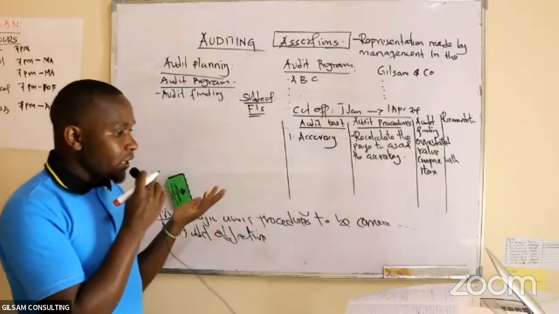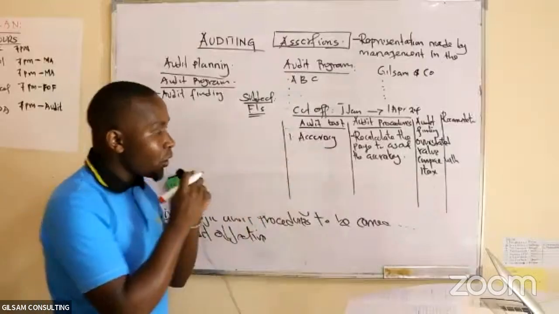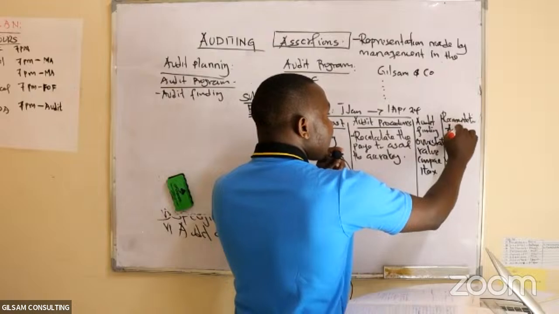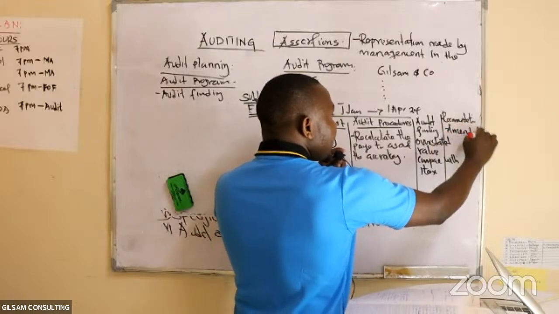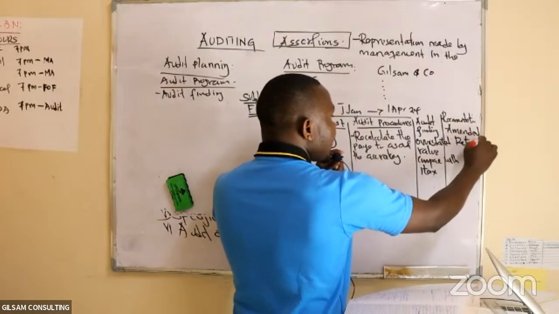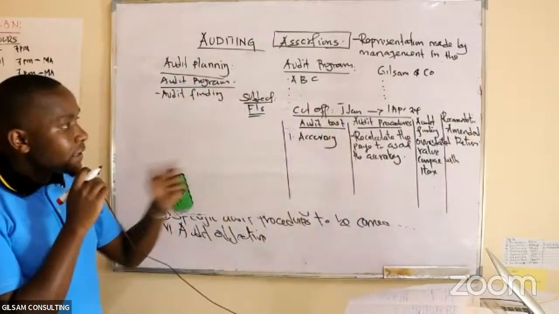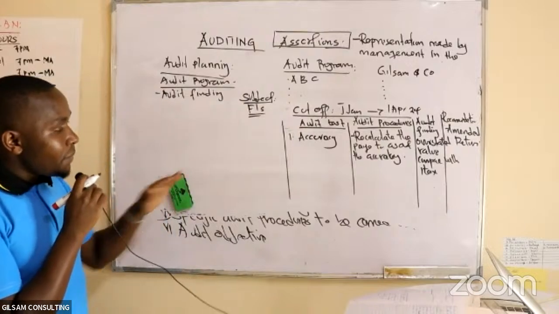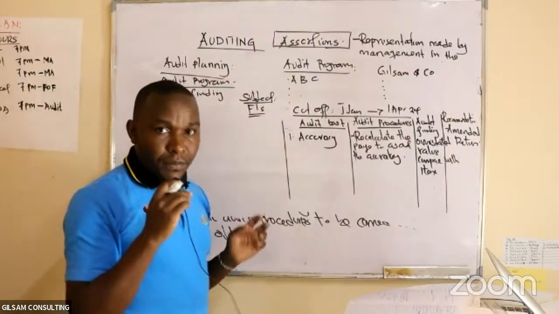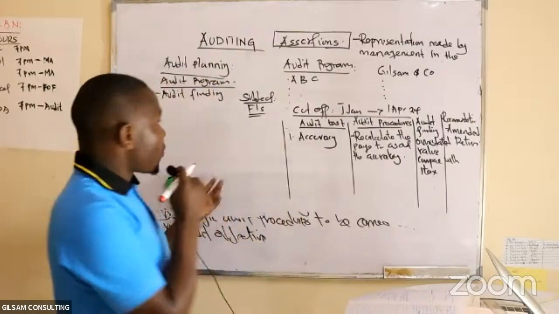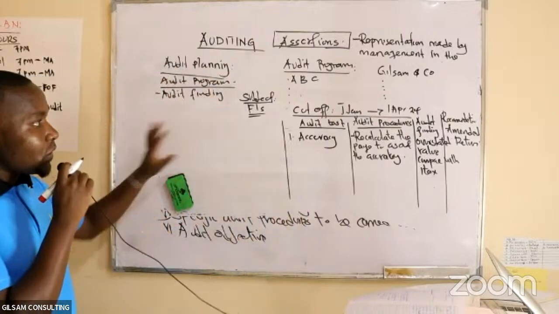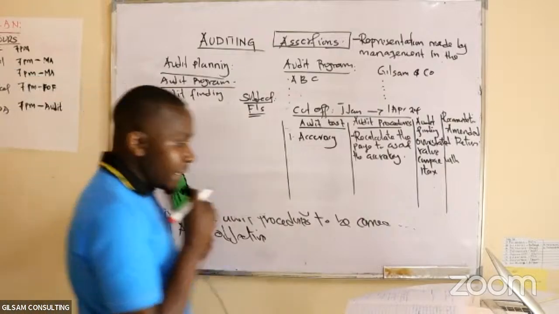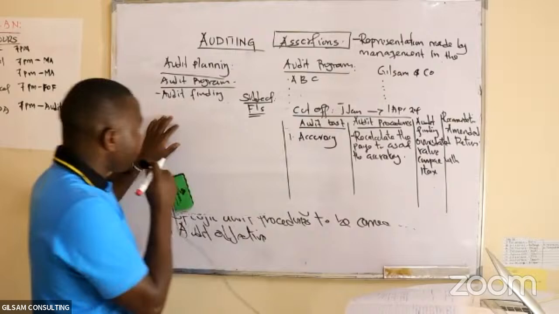And then recommendation. What do you recommend? So you recommend maybe to do what is called the amendment of the return. So that could be your recommendation. So that is one example of the audit program, but all these audit programs will be prepared either in Excel or Word or any other document which you are using for audit program. So that makes the end of the content of audit program.